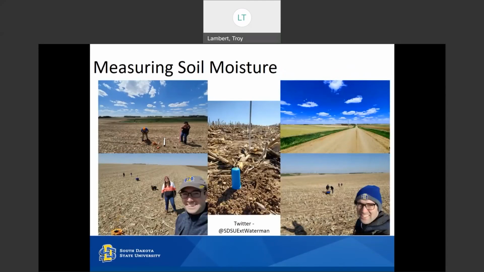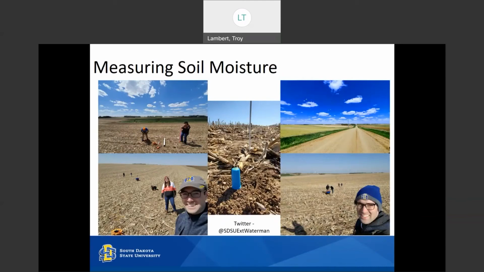And then we're doing a lot of field measurement, a lot of soil moisture monitoring in the field. So right now we have 19 fields where we have these little soil moisture probes stuck into the field. These go down 4 feet. So we're monitoring not only through the root profile, through the root zone, but even below the root zone.